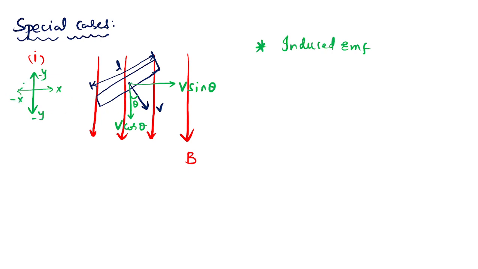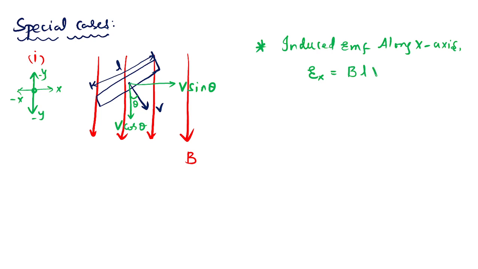This is negative y, according to the reference frame we'll take. So what will the induced EMF be? Tell me, the induced EMF along the x-axis. What is the induced EMF along the x-axis? This is the induced EMF, right? So the induced EMF along the x-axis, Ex, is equal to B, length of it L, and